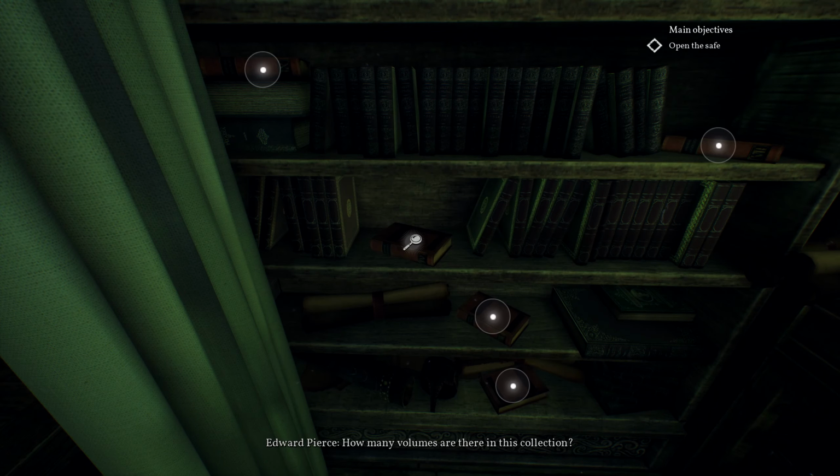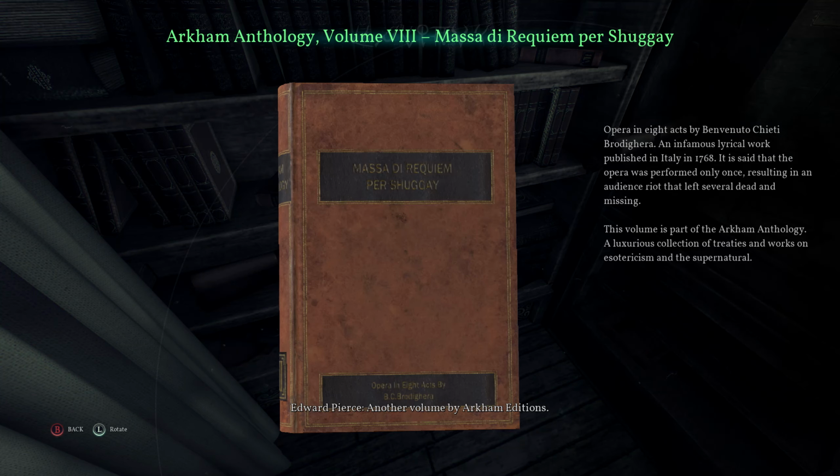Luxurious, that's the same as always. Another volume by Arkham Editions. Okay,